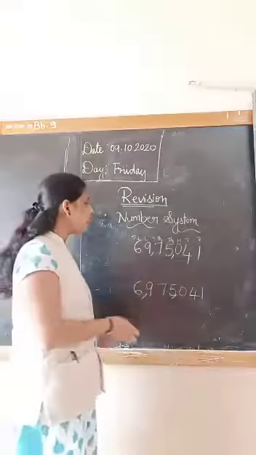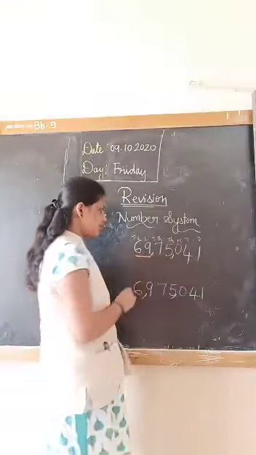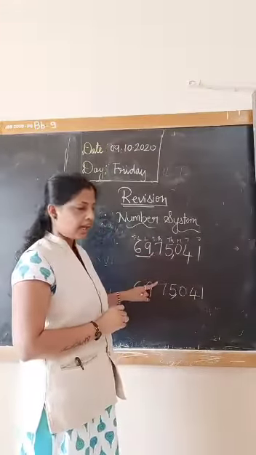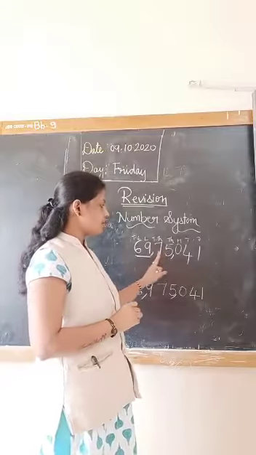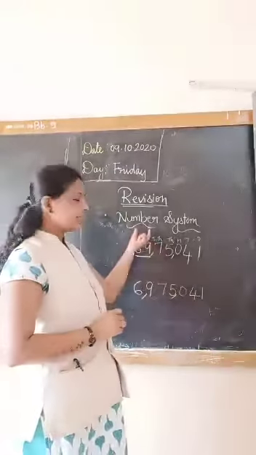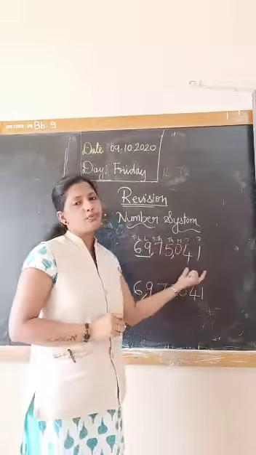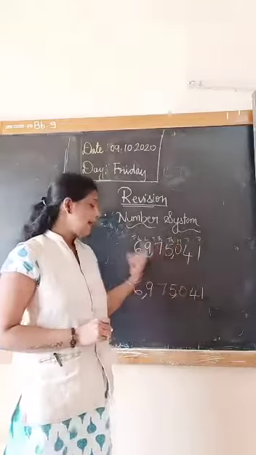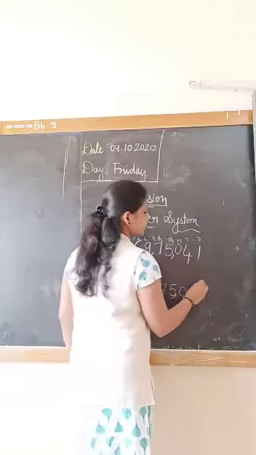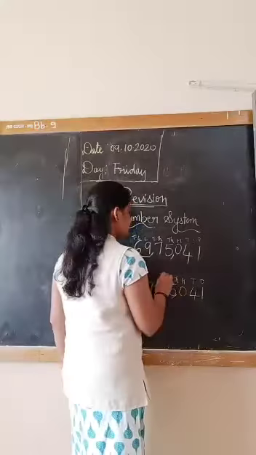Now for example, how to write it? Whatever is between the commas, you have to read together. So that is 69, so 69 lakh 75,041. Using the period, 69 is in the lakhs period, no? So 69 lakh 75,041. In the international system, the places are ones, tens, hundreds, and 10,000 is the same.